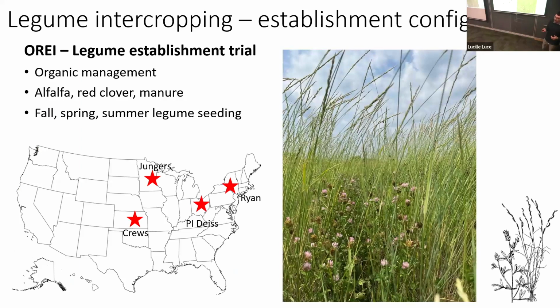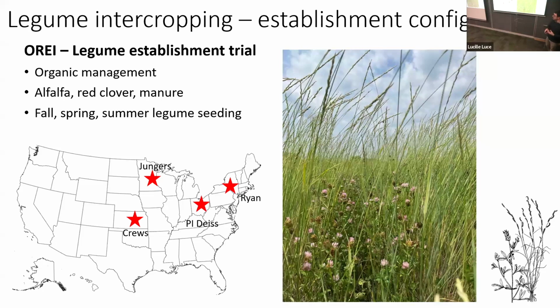Another question we have is, can a producer do something in the field to manage these populations or to alter this interaction between the species? So we tried answering this question through an OREI project that was led initially by Steve Coleman and now Leo Dice at Ohio State. Matt Ryan and Tim Cruz are also hosting this experiment. And we're looking at 2 different legume species, alfalfa and red clover, also comparing the results to fertilized intermediate wheatgrass